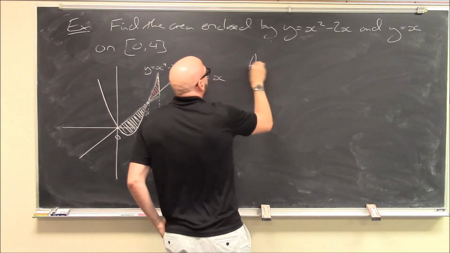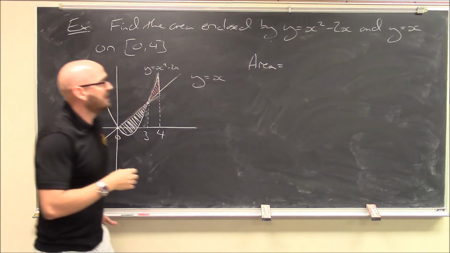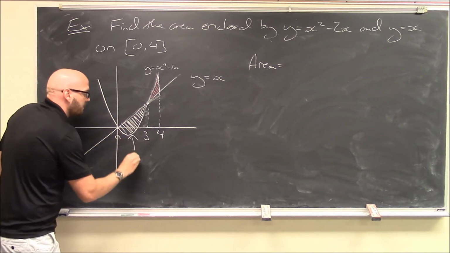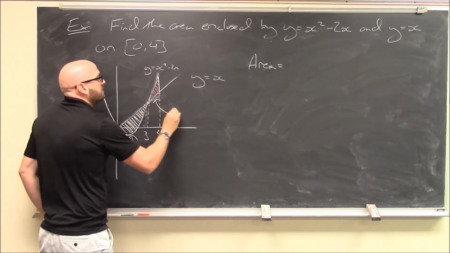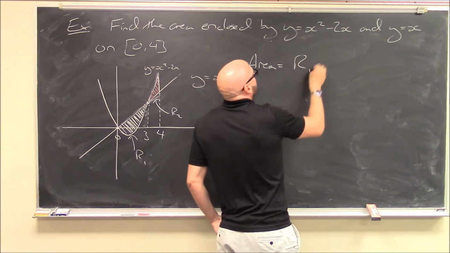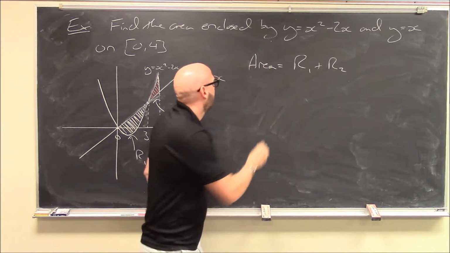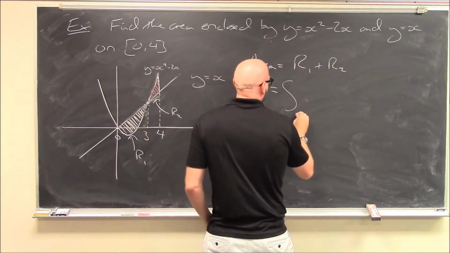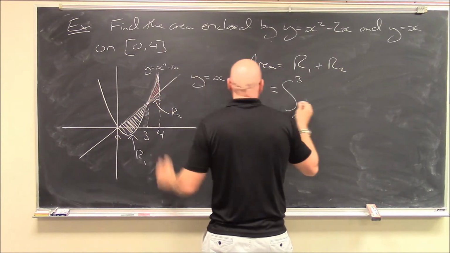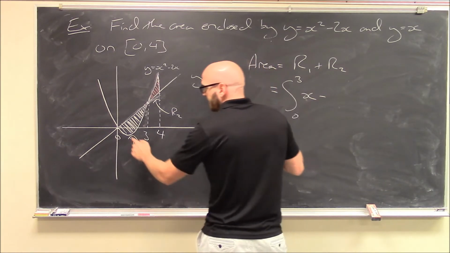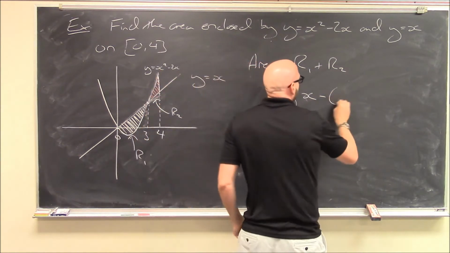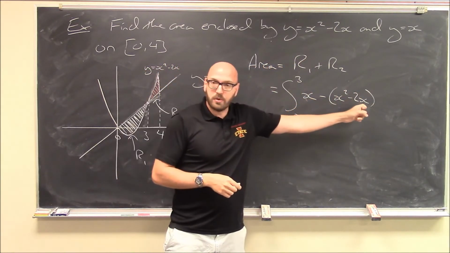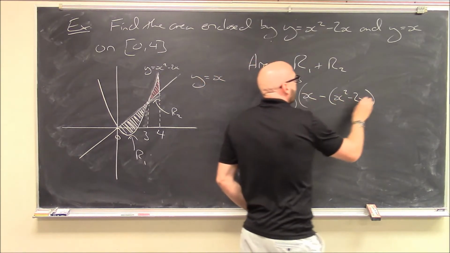So my area, this is sort of like the example we did at the very end of last class, is, how about I give these two regions names. This region would be R1, and this region would be R2. So the area is R1 plus R2. Finding R1 is no problem. It's the integral from 0 to 3 of the upper function, y equals x, minus the lower function, x squared minus 2x, sorry. Again, be careful, put that all in parentheses so the negative distributes over the whole thing. dx